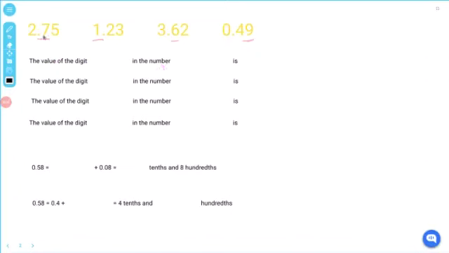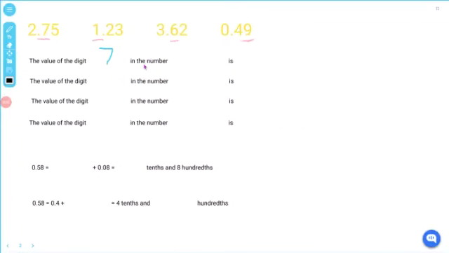So we have to fill in the gaps of these number sentences. So here, as we can see, it's 7 that's underlined. So we say the value of the digit 7 in the number, and we're going to use this decimal number, which is 2.75, is. So we need to find the value. So as we know, before the decimal point, we have our ones column,